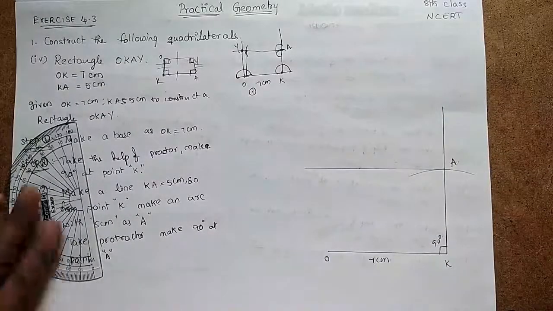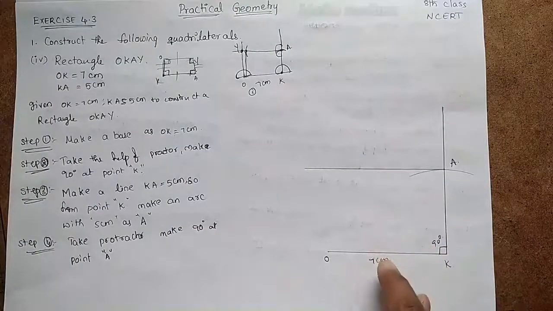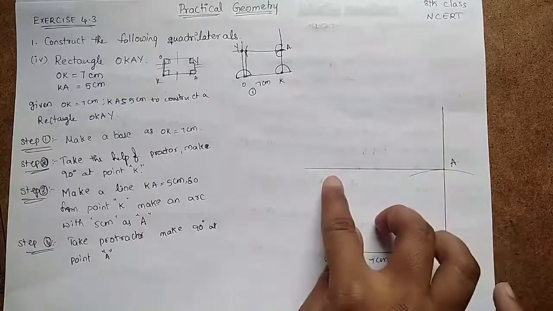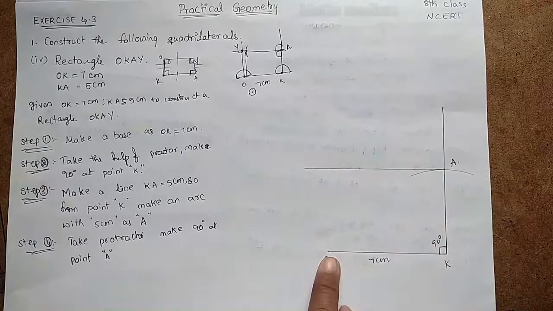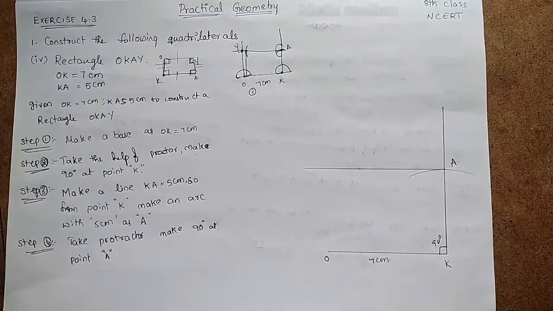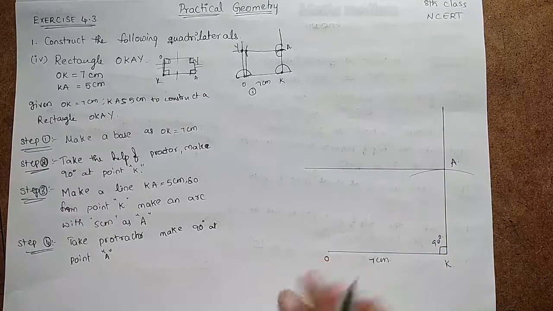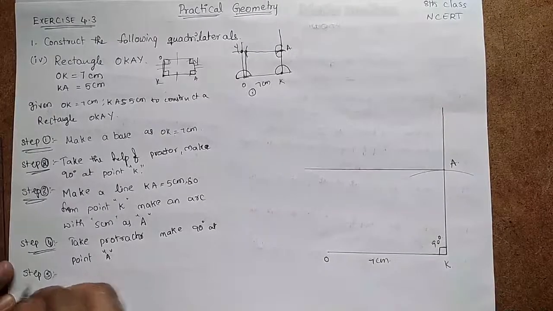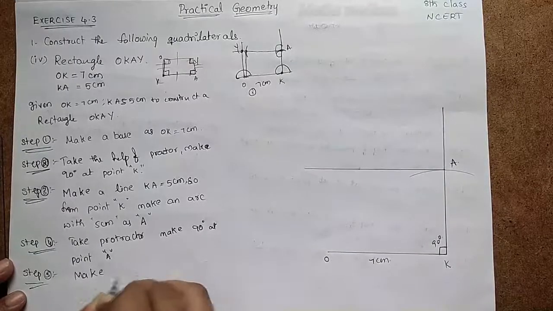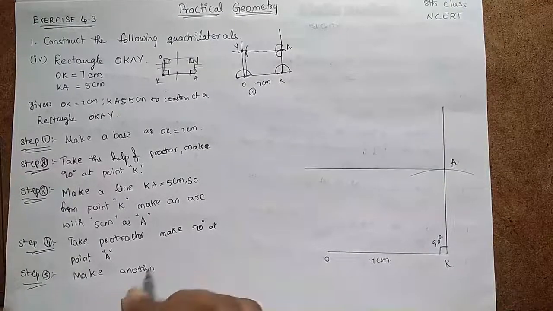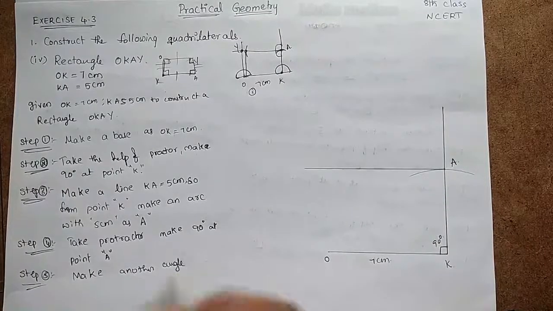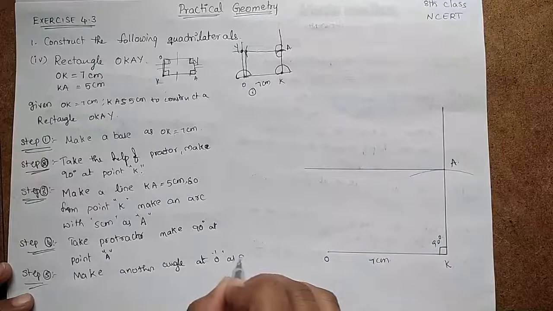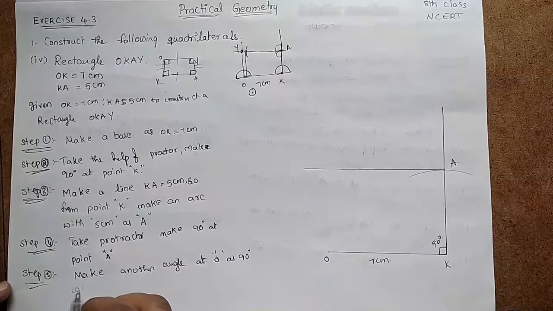So here we have 2 choices. One is, in a rectangle opposite sides are equal, so you make an arc with 7 centimeters from A. Otherwise you make a 90 degrees from O. I am taking a protractor as a step. So step 5. Step 5. Make another angle at O as 90 degrees